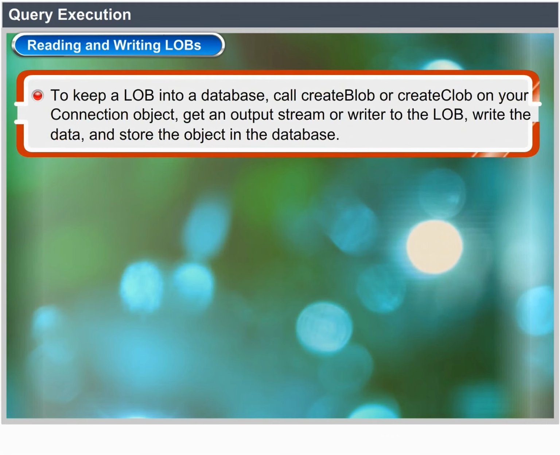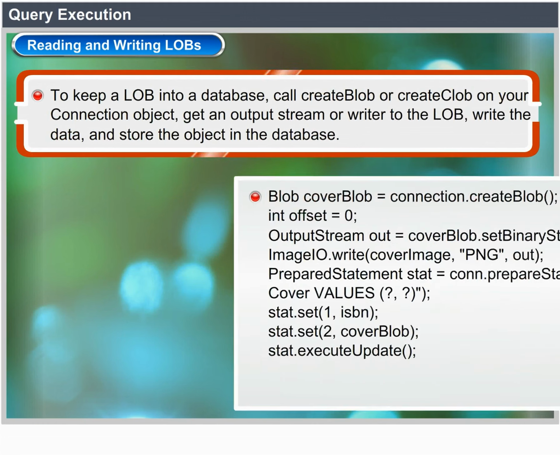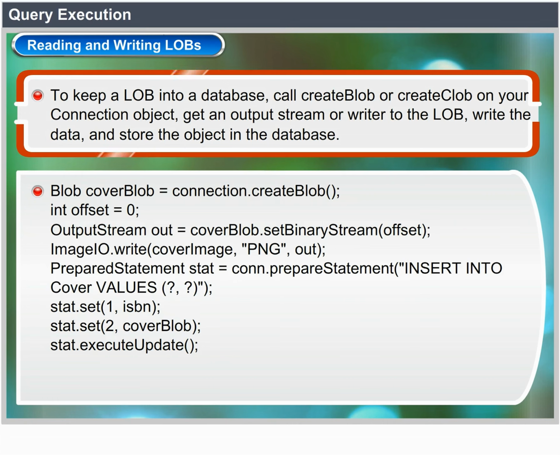To place a LOB into the database, call createBlob or createClob on your connection object. Get an output stream or writer to the LOB, write the data and store the object in the database. Blob coverBlob = connection.createBlob(); int offset = 0; OutputStream out = coverBlob.setBinaryStream(offset); ImageIO.write(coverImage, "PNG", out);